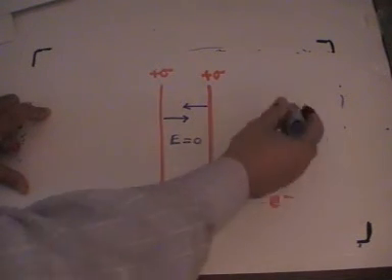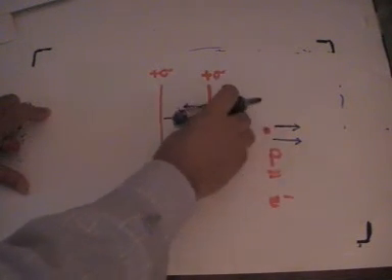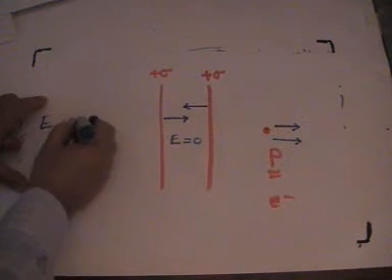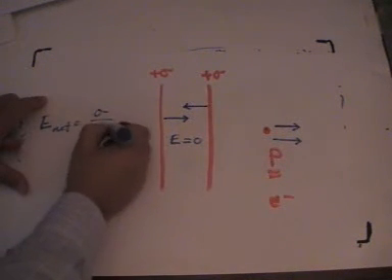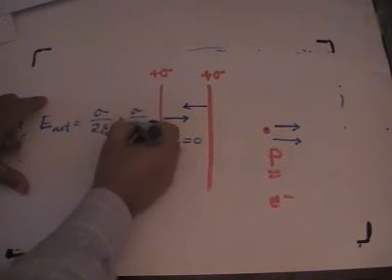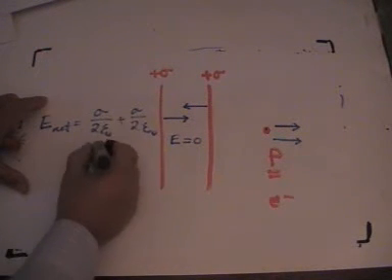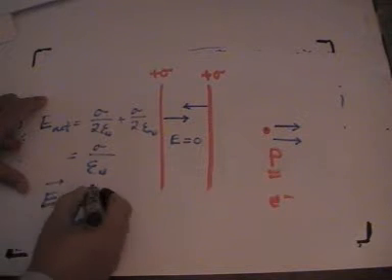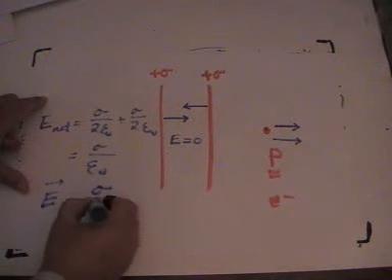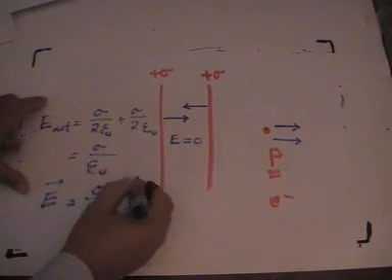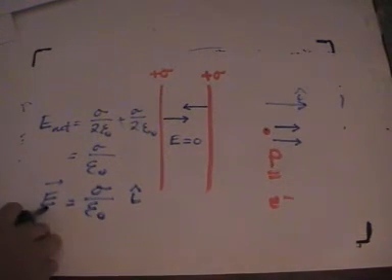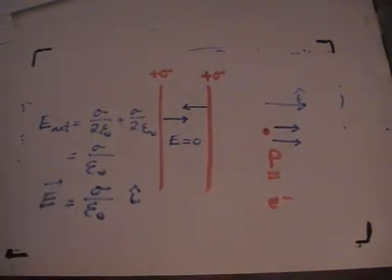So the electric field at any point on this side near the sheets, E net, will be equal to sigma over 2 epsilon naught plus sigma over 2 epsilon naught, which is sigma over epsilon naught, and as a vector E will be equal to sigma over epsilon naught along the i hat, which is this direction. Okay, now the second question, so this is the electric field,